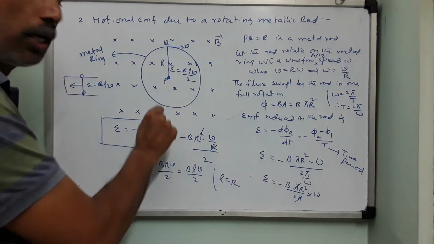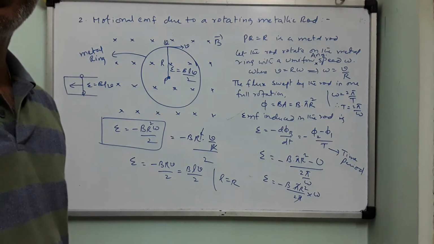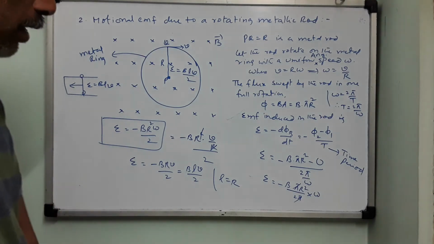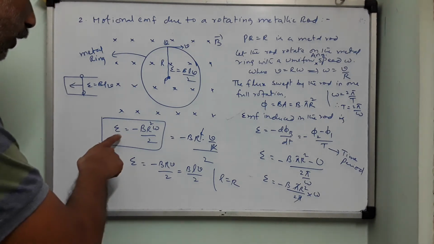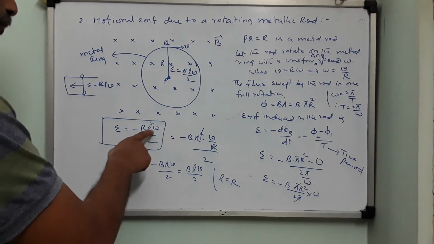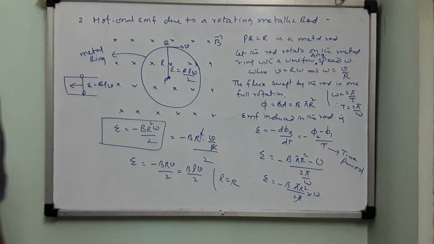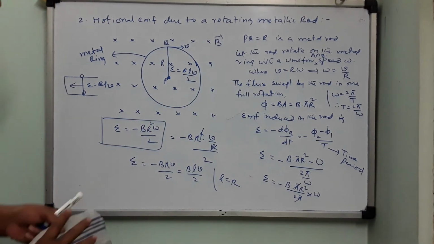अगर ये रिंग को आप टच करके देखें तो वो गर्म होता है. This also will have heat produced in it, H equals I square RT. So what is the final expression? Br square omega by 2R minus Br into V by 2. Clear? Right. Now we will go to the third case.